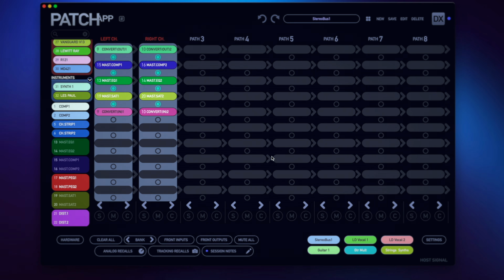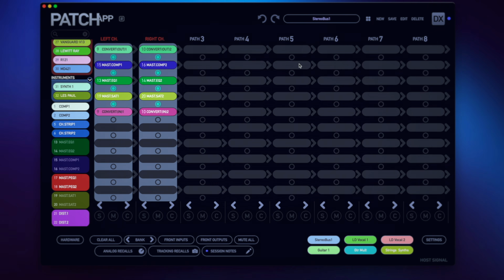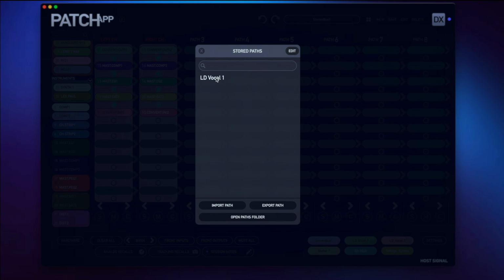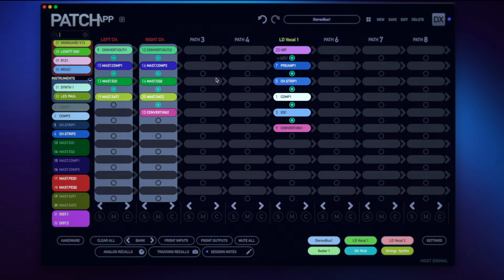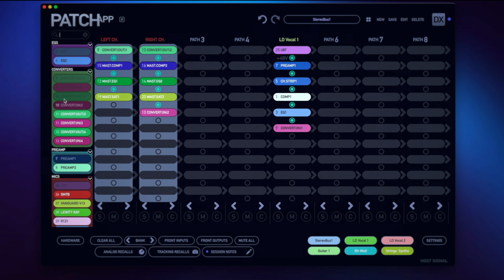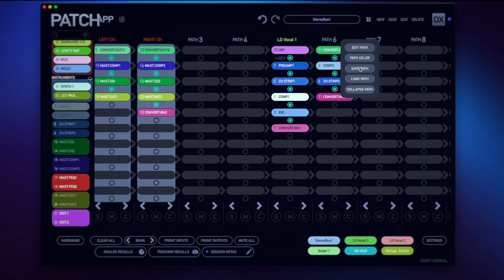Let's say I have this full routing populated and I want to recall a single path only within this already populated routing, but I don't want to affect the existing routing that you see here. I can now simply just right-click at the top of any path that I want and choose a single path routing recall. I created this lead vocal chain earlier. Once I recall it, you'll notice it populates the routing but does not affect the initial mixing chain routing seen here. Of course, I can create a new routing like this